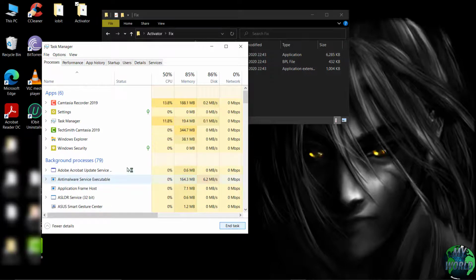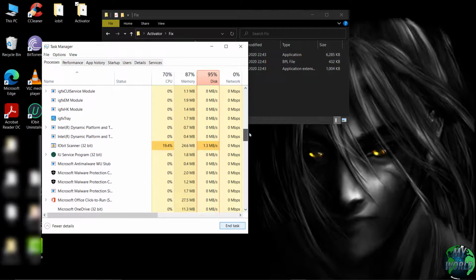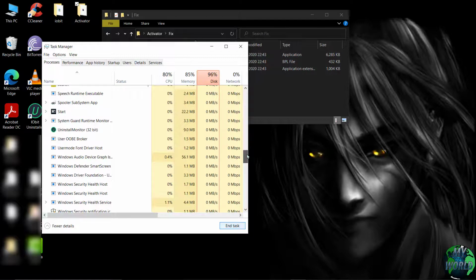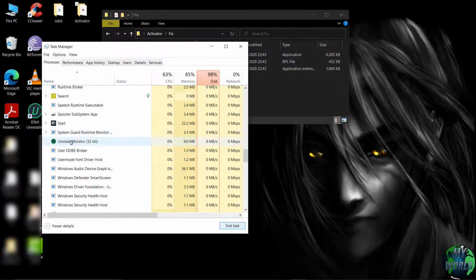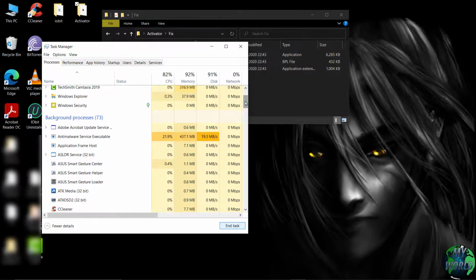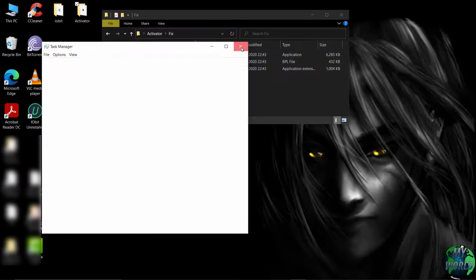Okay. Now we will see some more files if there are any going on of iObit uninstaller. Then we will click on this also. We will click on end task. Okay. We will search for some more. Here you can see one more file we have got. Just end it too. Okay. If you find any other file of iObit uninstaller, you need to end that task. Okay. Now just close it.